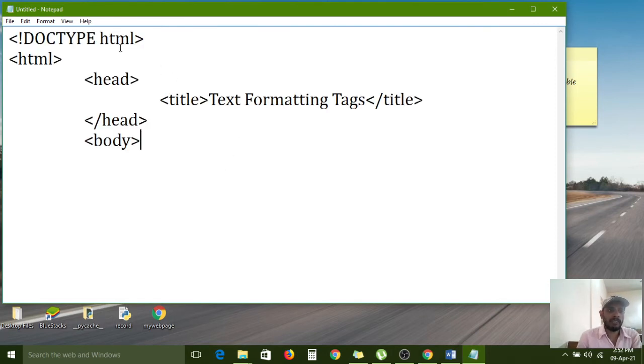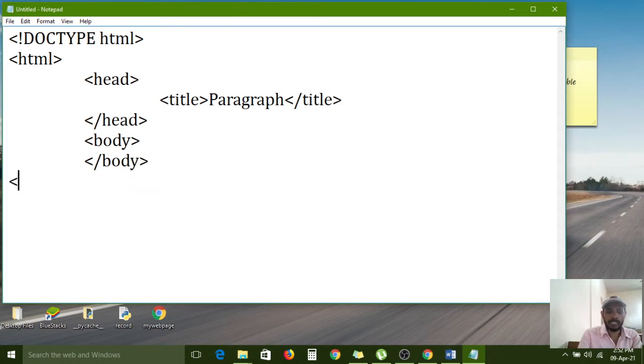I am pasting the previous example. The title I am just changing to Paragraph. The body closing tag is also required, and the HTML closing tag.